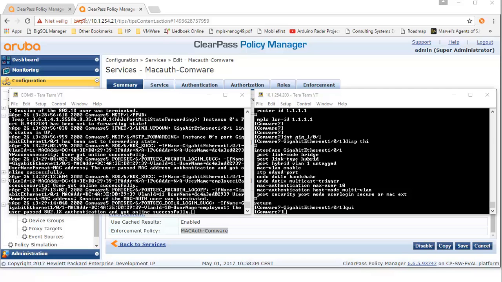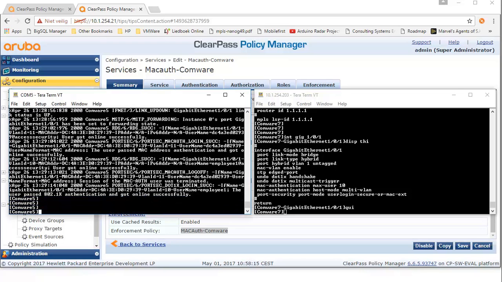And authenticating, and I'm authenticated. What you can see on the Comware 5 screen is you can see some successful logins here, being assigned to VLAN 10. So what I can do is I can show you some commands on the Comware switch. So if I do display 1x